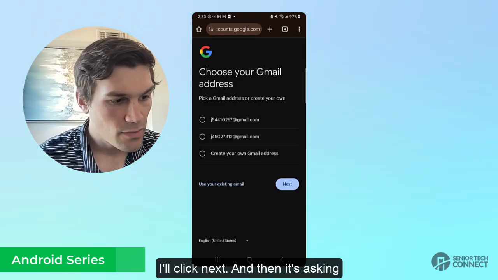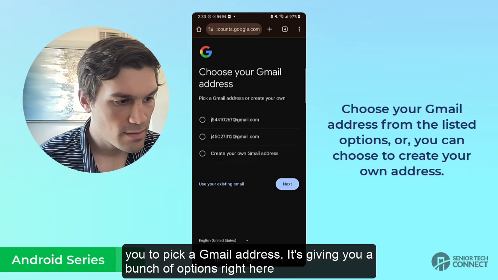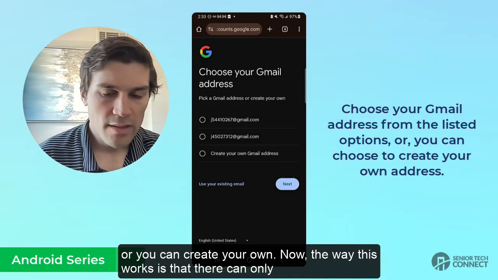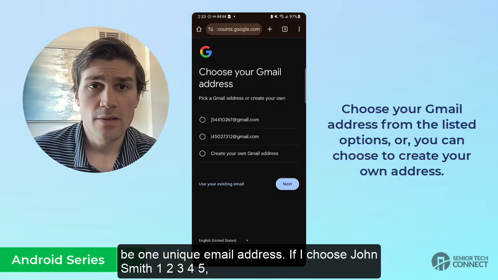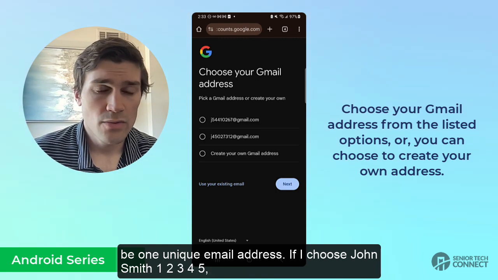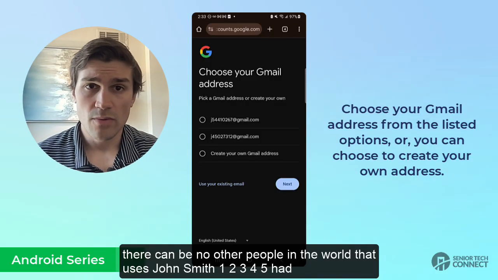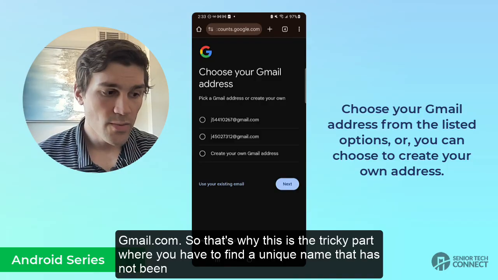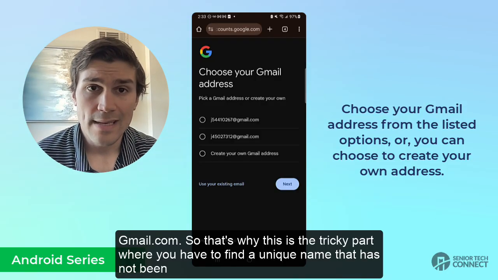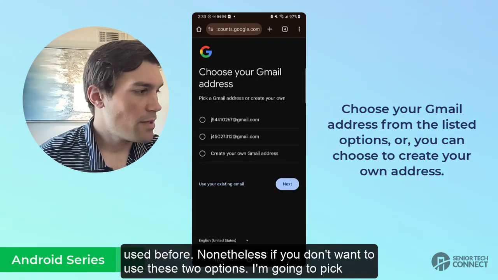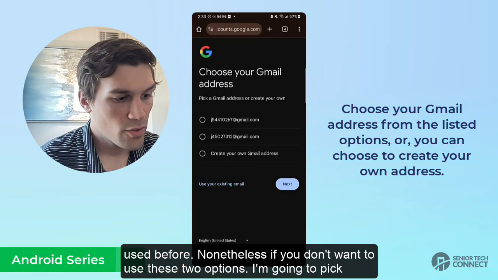And then it's asking you to pick a Gmail address. It's giving you a bunch of options right here, or you can create your own. Now, the way this works is that there can only be one unique email address. If I choose johnsmith12345@gmail.com, there can be no other people in the world that use that address. So that's why this is the tricky part, where you have to find a unique name that has not been used before. Nonetheless, if you don't want to use these two options, I'm going to pick